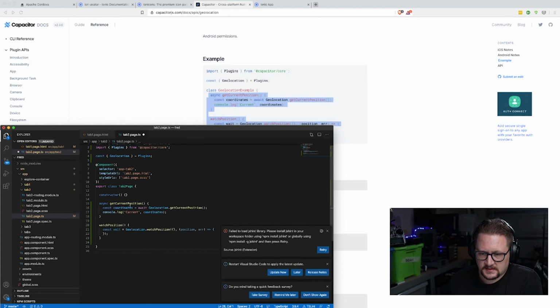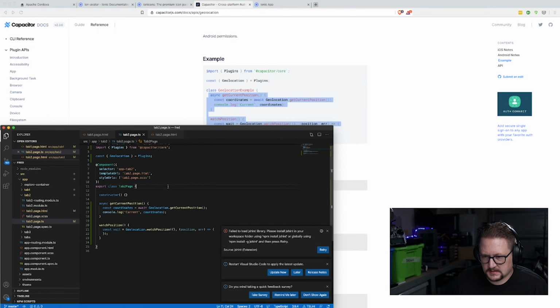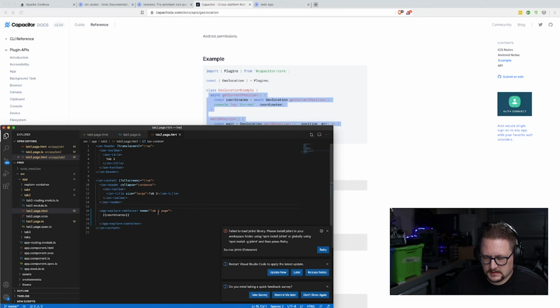But let's do this one, coordinates. Okay, let's try to show these coordinates on screen quickly. It's just header, title, App Explorer page in the component, App Explorer container. I don't know what that is. I haven't looked at that component itself. Let's see what coordinates look like. And if I do that, and I say async. Okay, so let's add